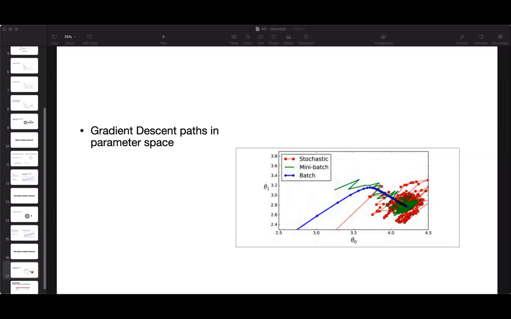Now this figure shows the paths taken by the 3 gradient descent algorithms in the parameter space during the training. So what can we infer from this? They all end up near the minimum, but batch gradient descent path actually stops at the minimum. I mean, batch gradient descent is the most accurate here. And then the stochastic and the mini batch continue to walk around, the stochastic a bit more randomly.